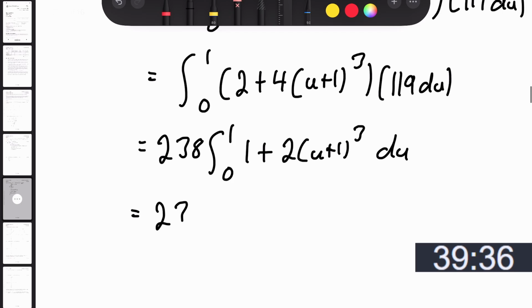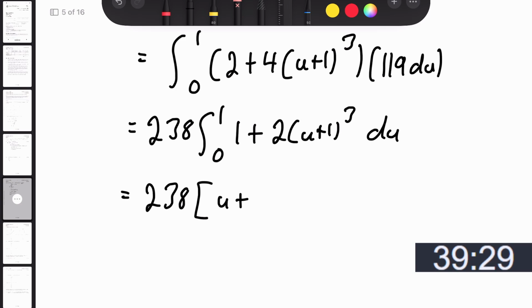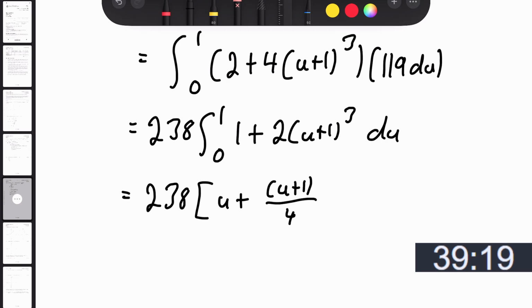So then we can anti-differentiate this, so this becomes u plus, if I raise the power by 1, that's going to be 4, so it's going to be a half actually, so u plus 1 over 2, u plus 1 to the power 4, from 1 to 0, so it's going to be 238